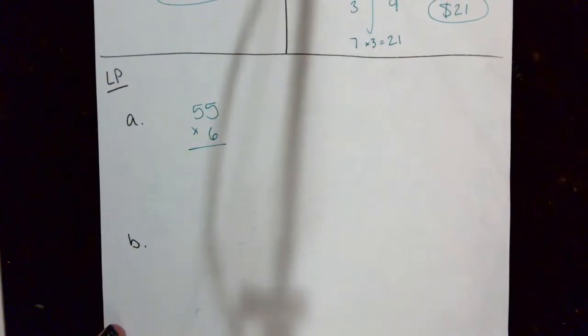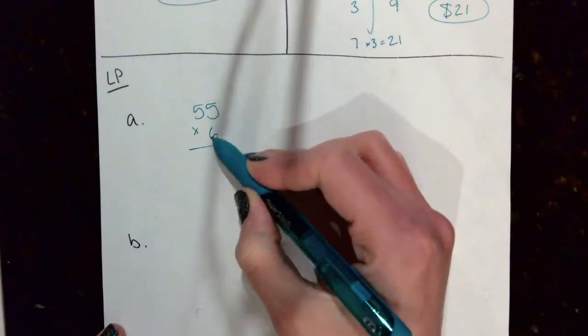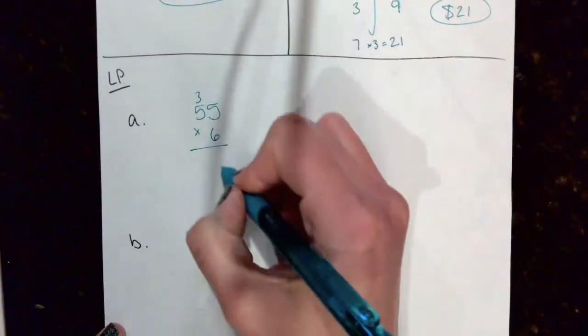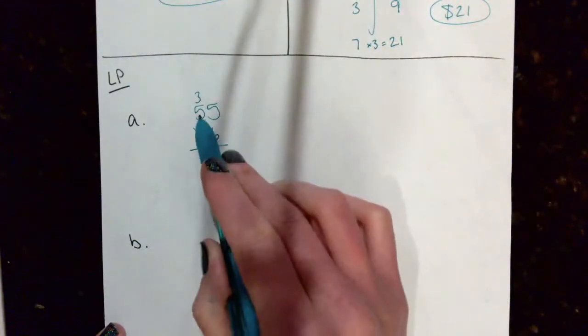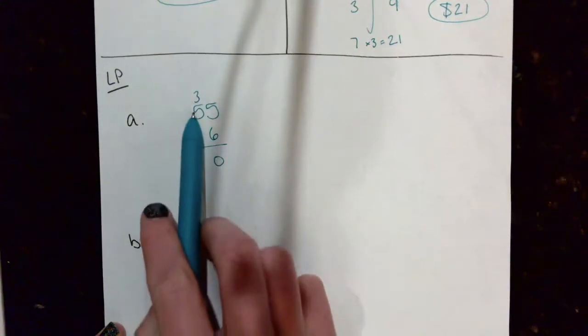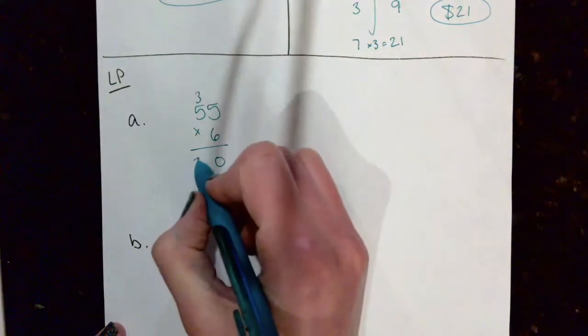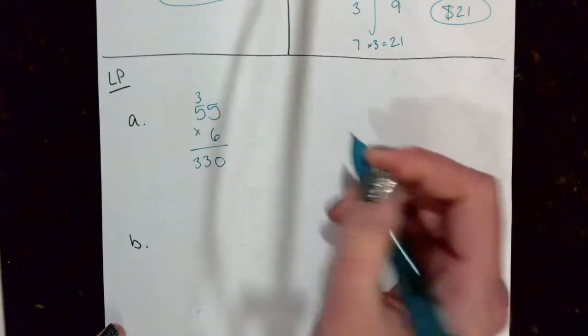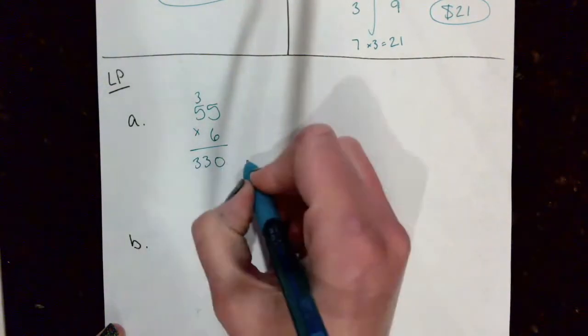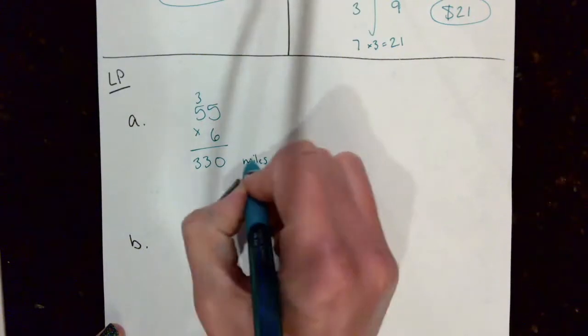55 times 6. 6 times 5 is 30. Then we're going to multiply and add. 6 times 5 is 30, plus 3, 31, 32, 33. 33 miles. So we get 330 miles. B